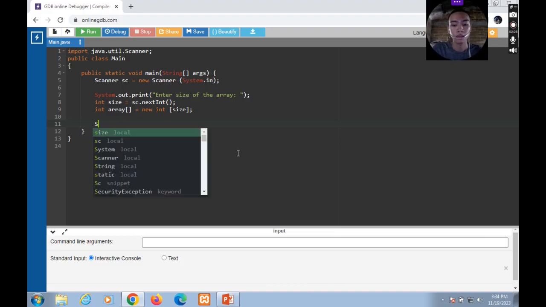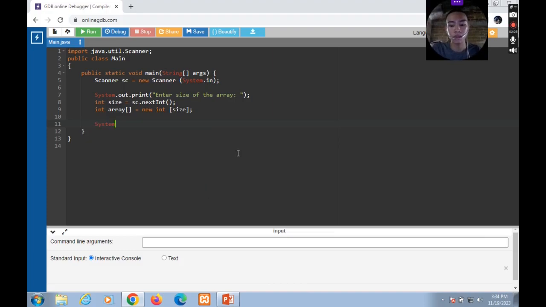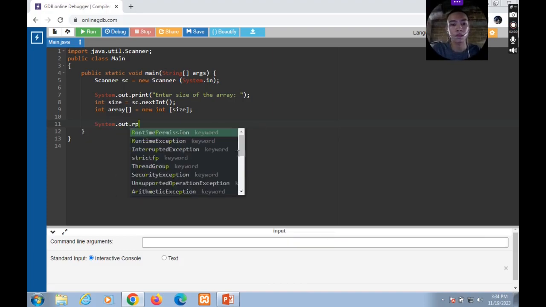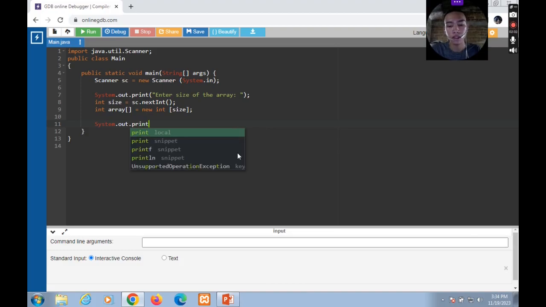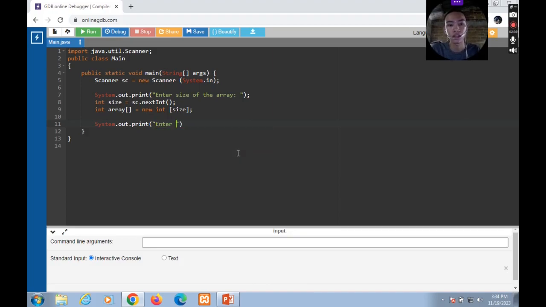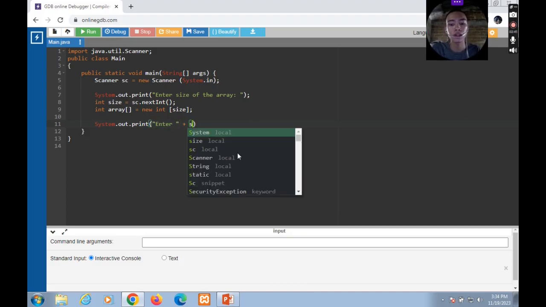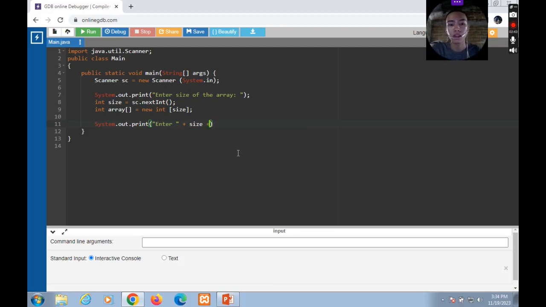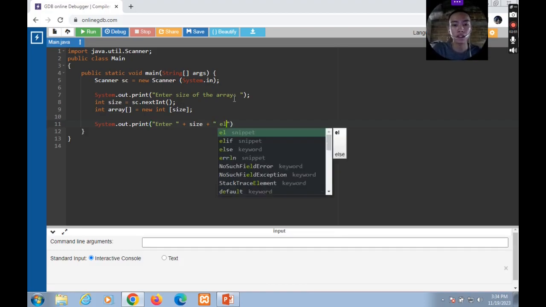So paentero na siya sa unsay gi-input. So System.out.print, magprint ta, so "Enter", then i-call din nato ang size which is kung unsay input diri sa user kay mogawas sa "Enter blank elements". After ana elements,